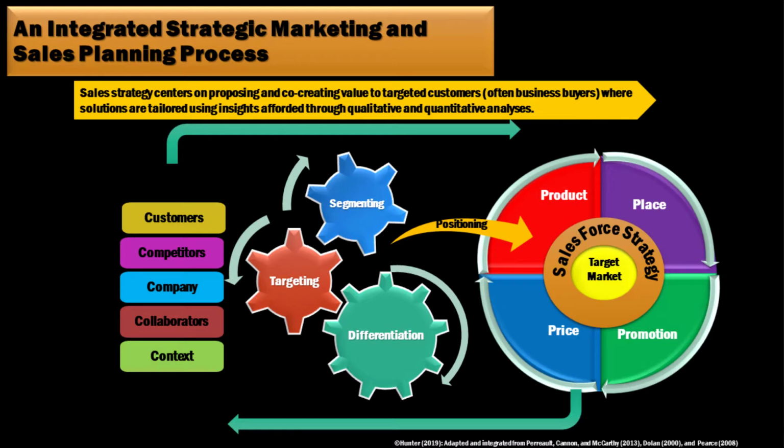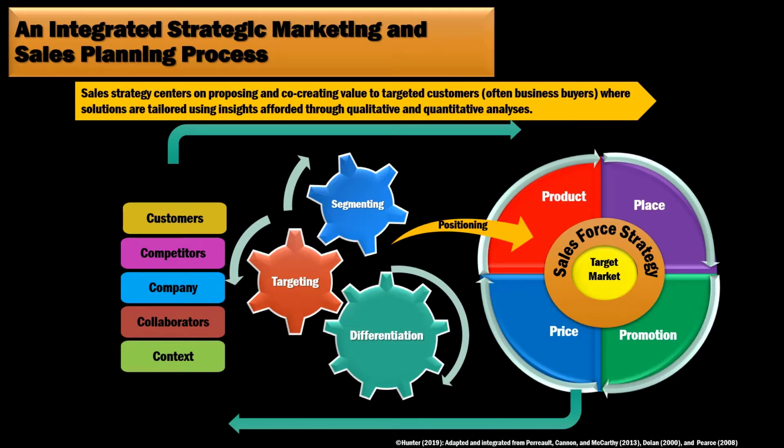And then all these different things, like customers, competitors, company, collaborators, and context, have an effect on the sales strategy. The way you change the elements of the marketing mix will also have effects on your strategy. The salesperson is definitely the focus of the class, and how you manage that salesperson is really the essence of sales management. So salespeople are always an important component of what we're talking about, but sometimes we're focused on some of these other three components as well.